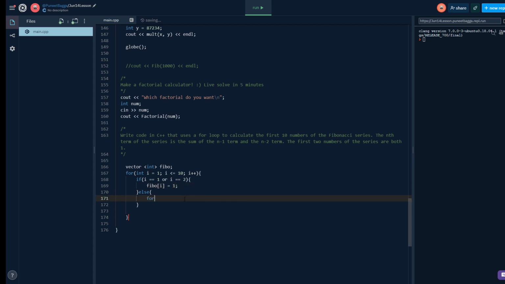Otherwise, you can do another for loop in here, which would be a nested for loop. Int j, so you could use a different value, j. j is less than Fibo.size, j plus plus, and then we would do,